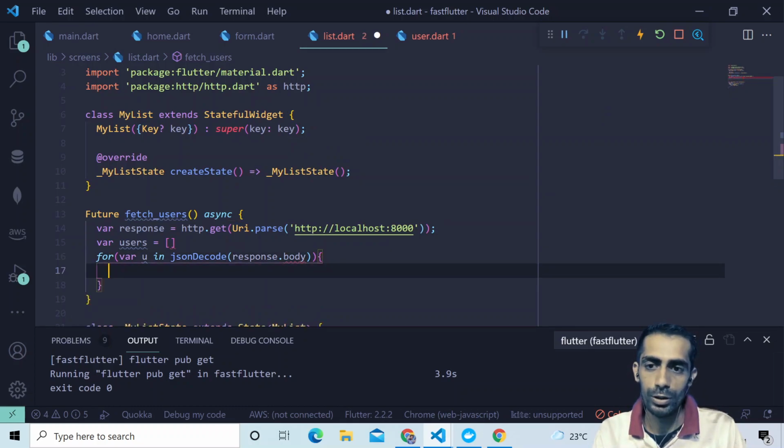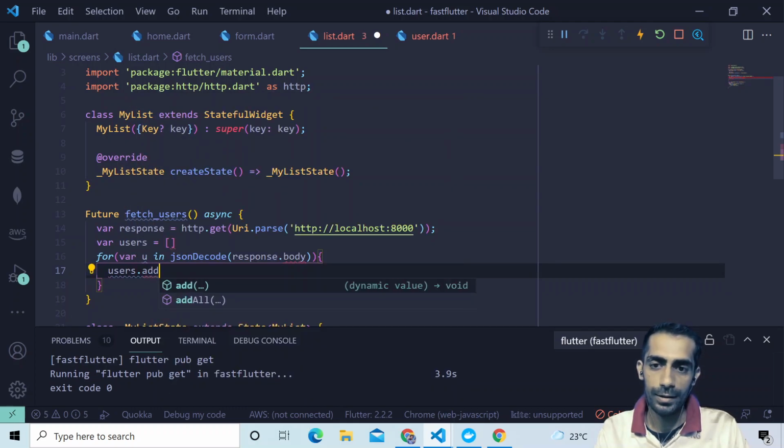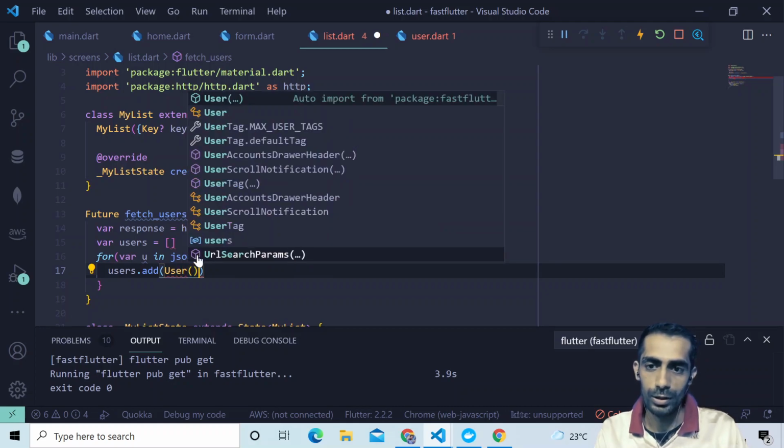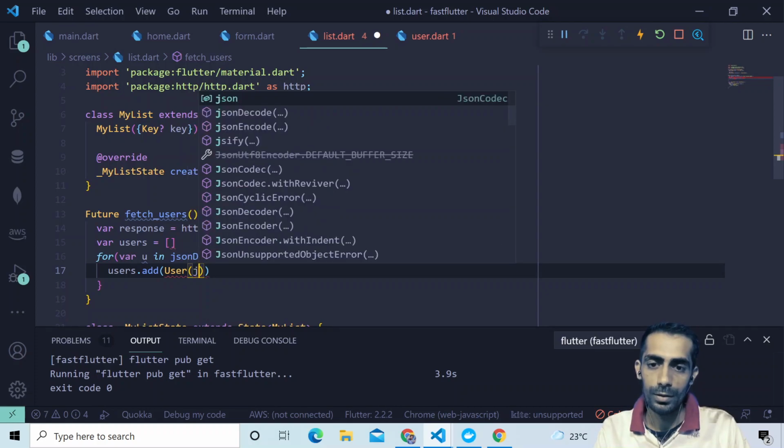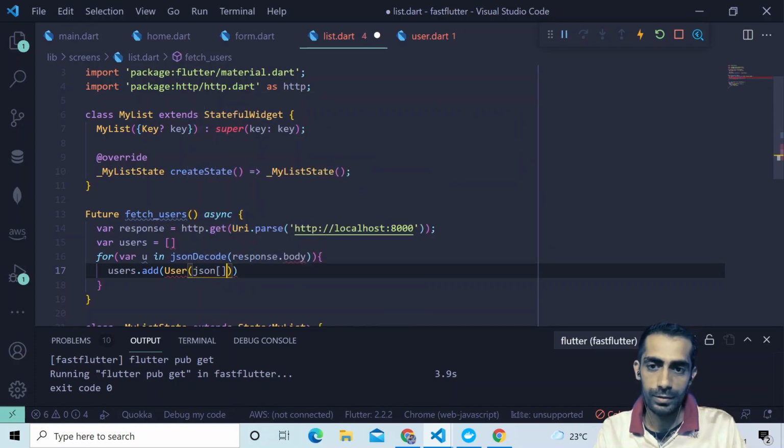And if I go here and use users.add, and we'll have user. Okay, inside that user you need to define JSON of, we can say,